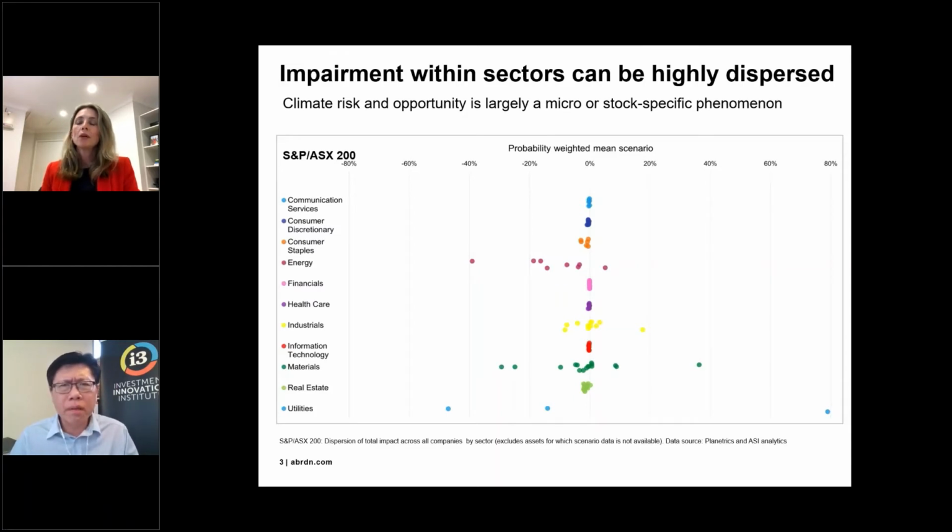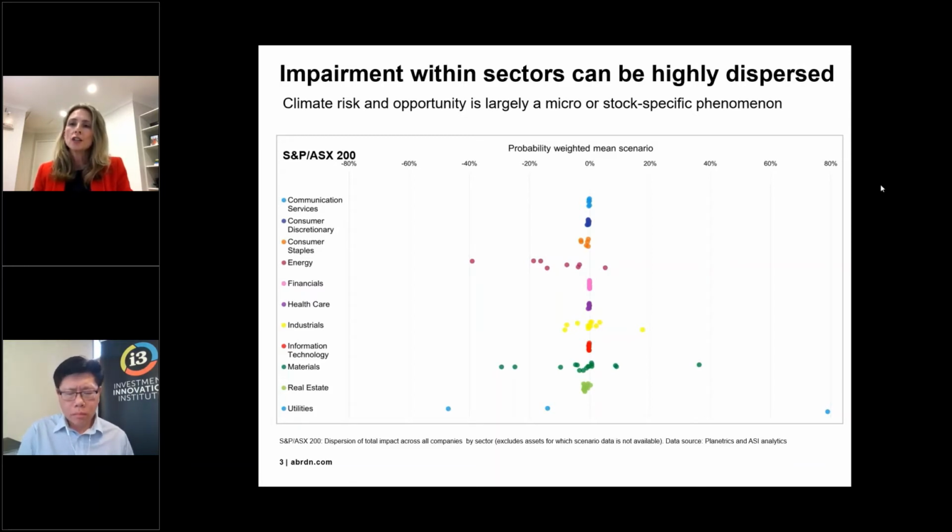Yeah, so it will also depend on the scenario that you're looking at. It's actually interesting because in the energy sector in Australia, there are clear climate losers when we look across our suite of scenarios. But if you were to look at a hothouse world, then they are a beneficiary or a climate winner. But obviously the reality is that it's not the world we want to live in, and not the direction of travel in terms of policy ambition and action.